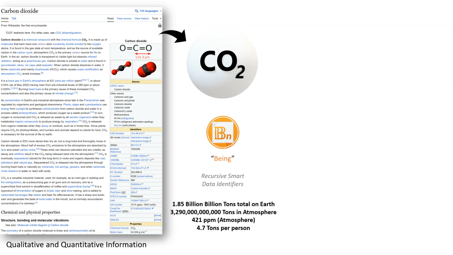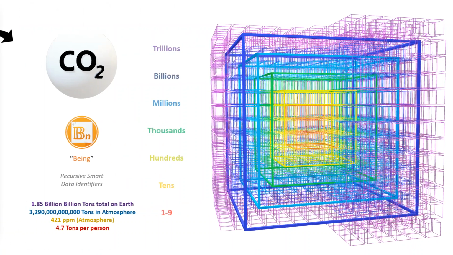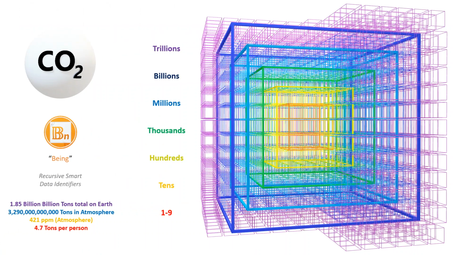And then there's the parts per million number, which is increasing, and then the ratio of the total carbon in the atmosphere to each individual, which is currently about 4.7 tons per person. Now, I just gave you a bunch of data. It's out there on the internet, and we can assign each ton, we're going to focus on tons, a unique URL, a unique address, and we can then group and classify those in a stack where we have a reference for trillions and then the billion scale on down to an individual unit.